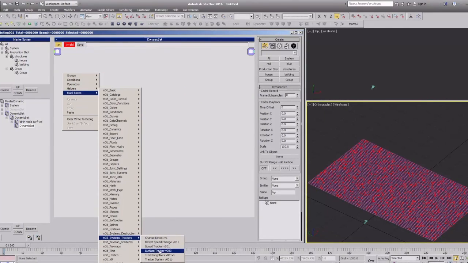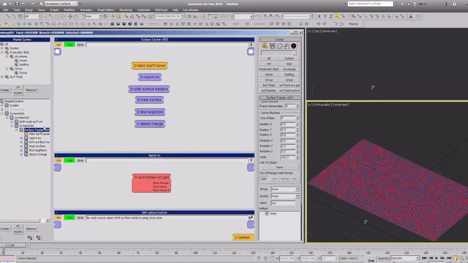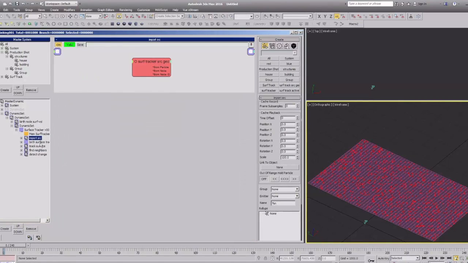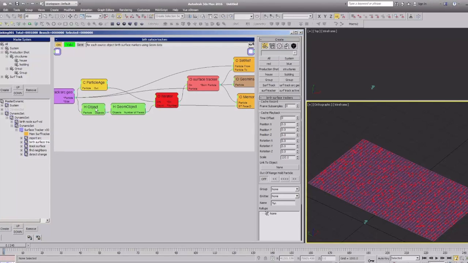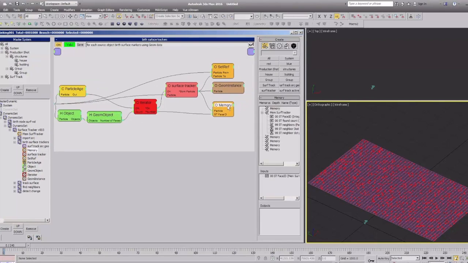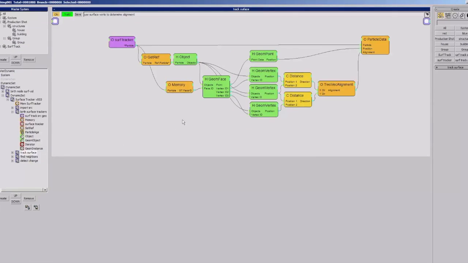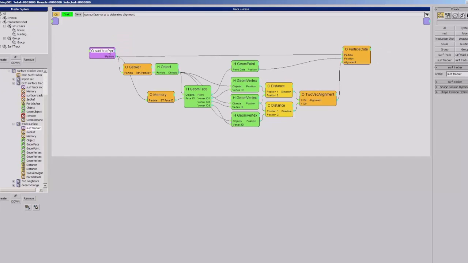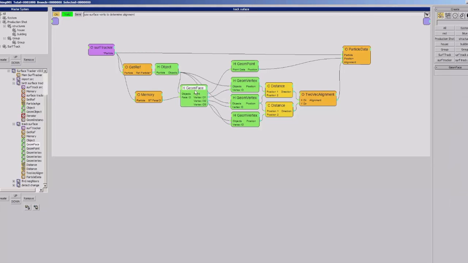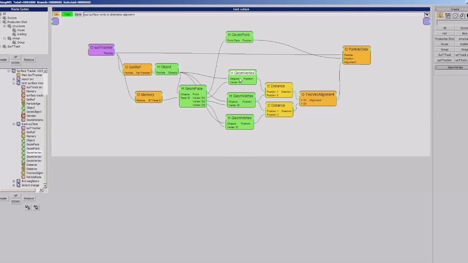You know, I have something here called a surface tracker. It's a whole black box system because we do this quite a bit, where you pull in geo. In this case, what we're doing is we're storing the face ID, and then there's this crazy function where you can say, hey, I want the particles who are tracking the surface to look up that face ID on the geom face, and we take these, we get the vertex IDs for that face, and we basically calculate the normal of the